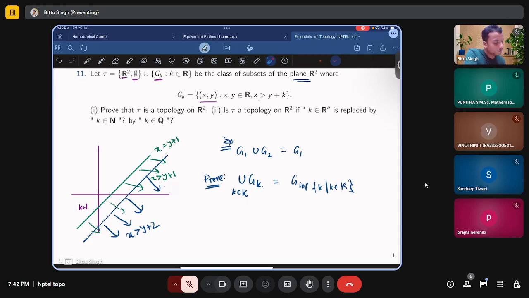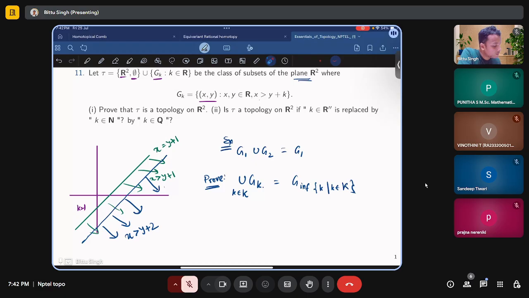So the infimum over real numbers, where K is a subset of the real numbers. The real numbers are complete, that is, the infimum and supremum, if they exist, belong to the real numbers. The infimum can also be negative infinity, but there is no issue. Negative infinity means it will give the whole plane, the whole R2. That is, shift everything further back. So you will get the whole R2 plane,